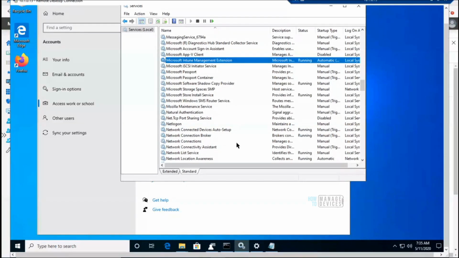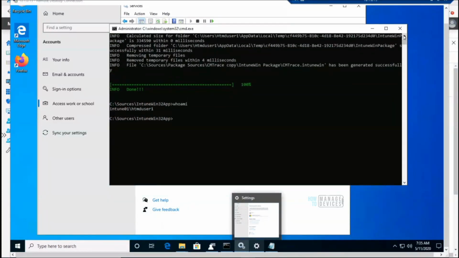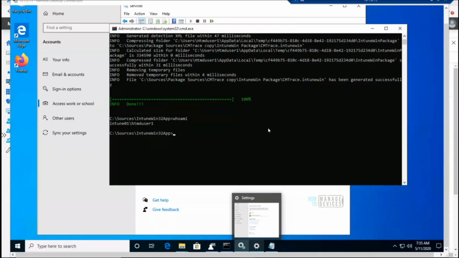Just one question. After converting the exe or MSI file to an Intune Win file, I created the package in Intune. Next day I accidentally deleted that folder which is in my C drive. Will it have any impact on the package itself? No, no. I know where you are coming from.